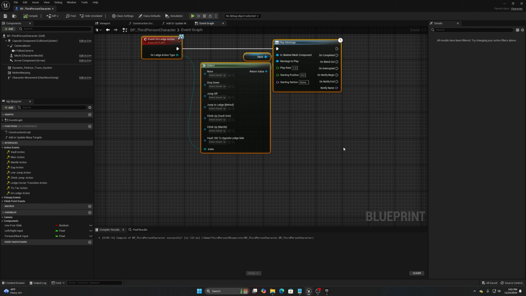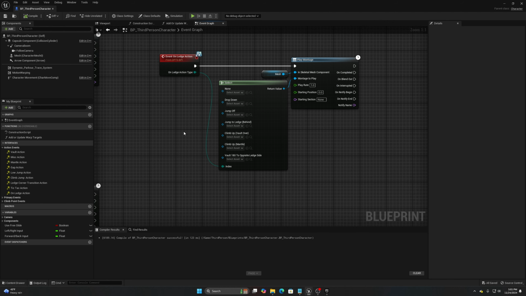And the first one that we're going to start with is going to be the drop down action. So this is essentially just dropping off completely, and we are just getting off of the climb